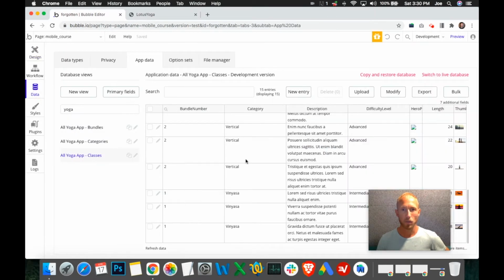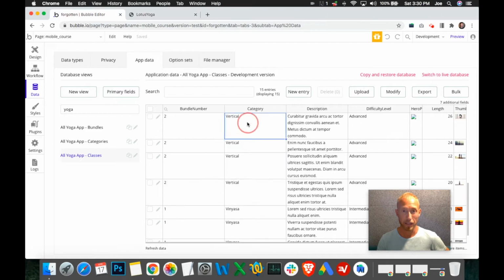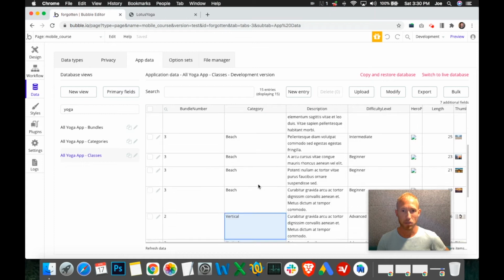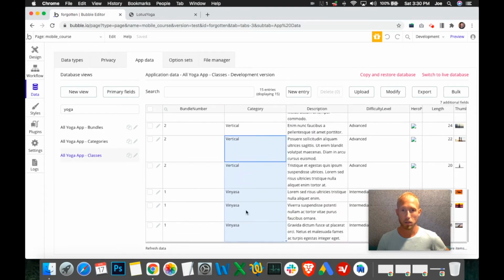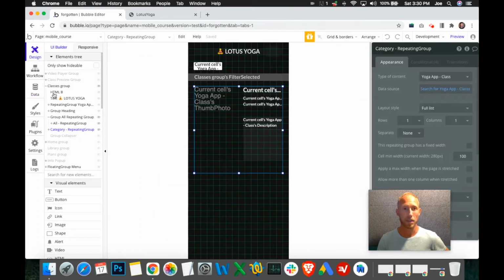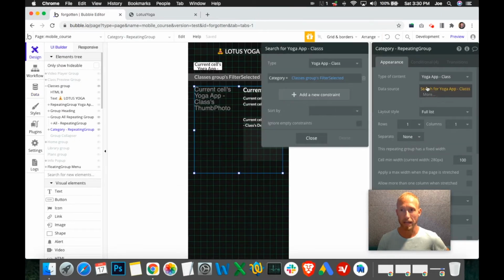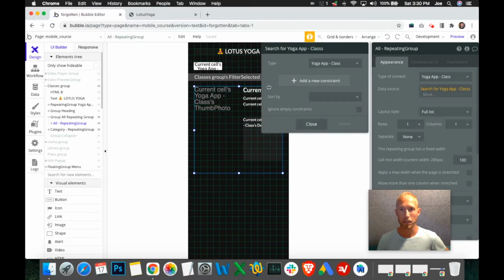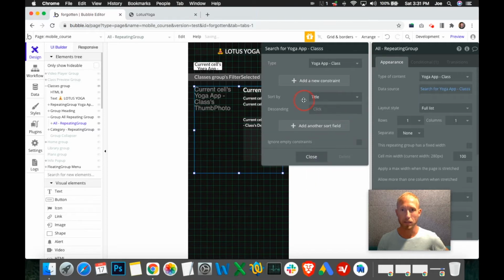Well, we're looking at a list of classes that has the category. So when we say only display beach, it's like, okay, I will only display these beach ones. And when we hit all, there is none that are all, right? So that was our hang up last time. You'll notice that when I click this in the category repeating group, it has this condition. And now if I click over to the all one, it does not. So actually, I'm going to go ahead and maybe sort by title as well. That'll put us alphabetically